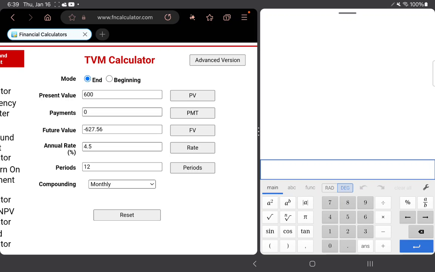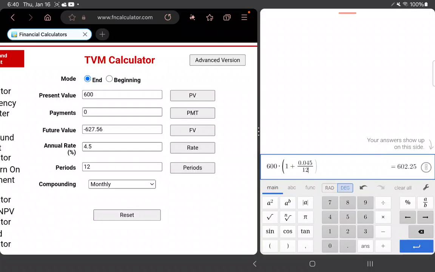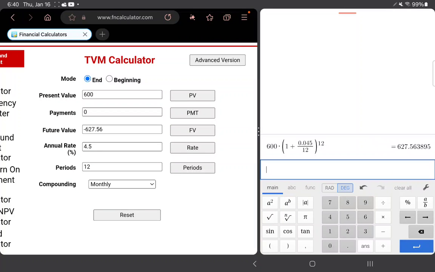how they match up. So the formula for this equation would be $600, and then we would times by, in brackets, 1 plus i. So i is 4.5%, so 0.045, but it is compounded monthly, so we do have to subdivide the 4.5% into an equal amount each month. So we just have to divide by 12. So this is the bracket, and this is raised to the exponent, and it's the number of periods, so that's 12. So when I run through that calculation, you see we get the exact same